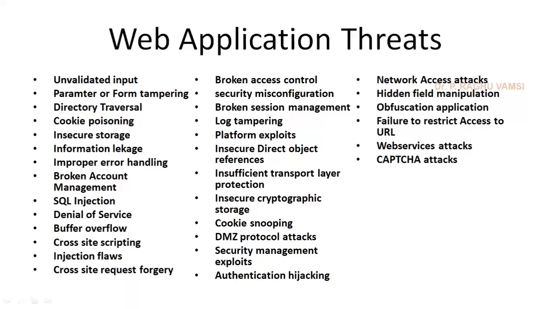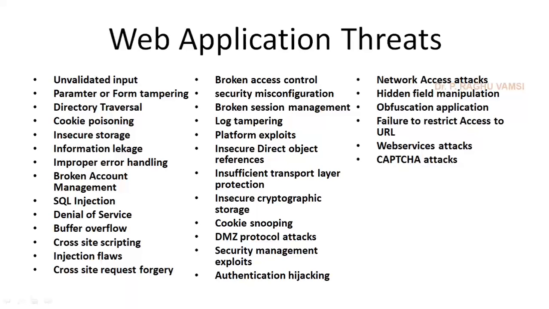Insecure cryptographic storage, that means using weak passwords, weak encryption, and guessable passwords, etc. Cookie snooping. DMZ protocol attack, where a DMZ zone is provided at the entry level of the organization. Security management exploit, authentication hijacking, network access attacks, hidden field manipulation,